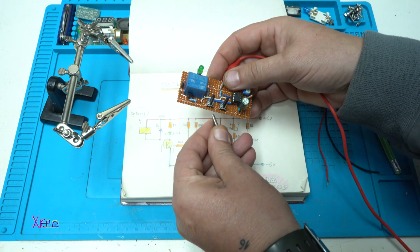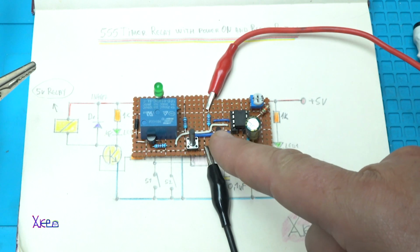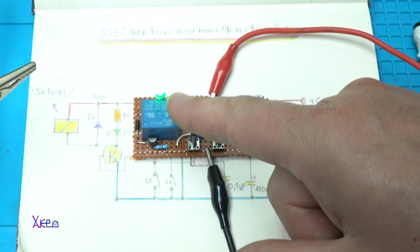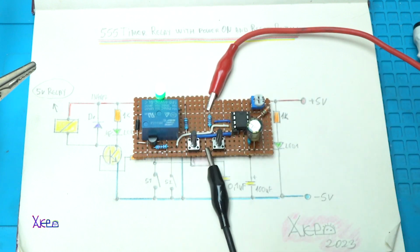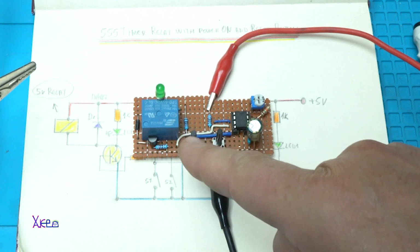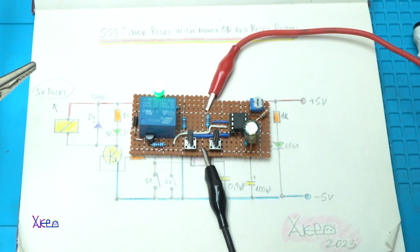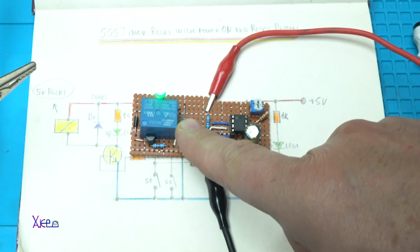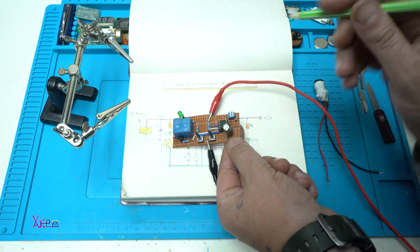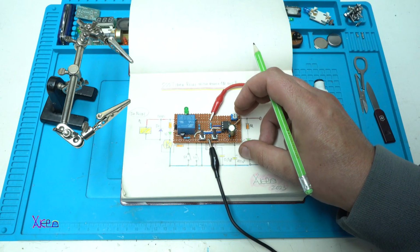It's on the bottom. As I said, this is working on 5 volts, and this switch will turn on the relay. I also put a blinking LED, self-blinking LED, and with the left push button I can reset the circuit. Reset. Also, I want to tell you that with this potentiometer we're going to adjust the time that the soldering iron